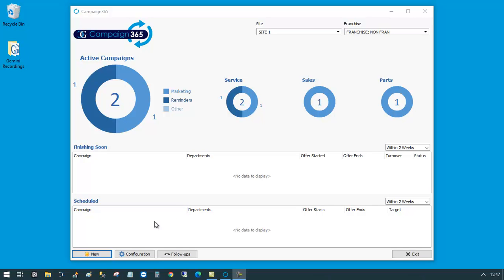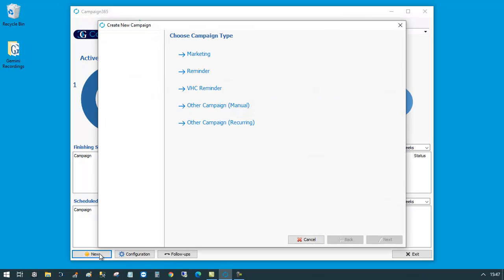Okay, so first off, to create a new campaign, we're going to want to go new in the bottom left of Campaign 365. Once you click new, you'll be presented with 5 options: marketing, reminder, VHC reminder, an other campaign manual, and an other campaign recurring. So the campaign type that you're going to want to select obviously depends on what it is you're trying to